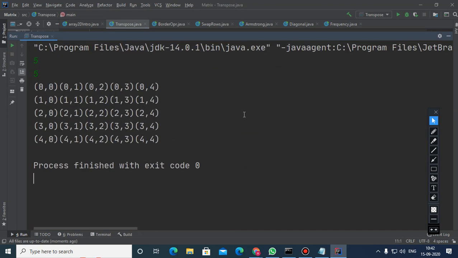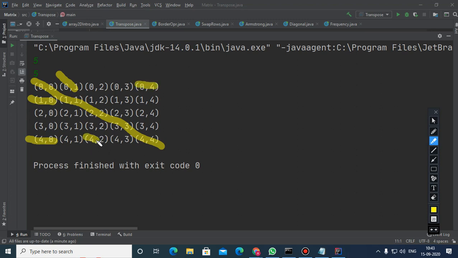Children, you can see that this is a 5 by 5 matrix and this is the main diagonal. And in order to transpose, what I need to do is, the elements at index number 1 0 and 0 1 we need to swap. In a similar way, 4 comma 0 will be swapped with 0 comma 4.